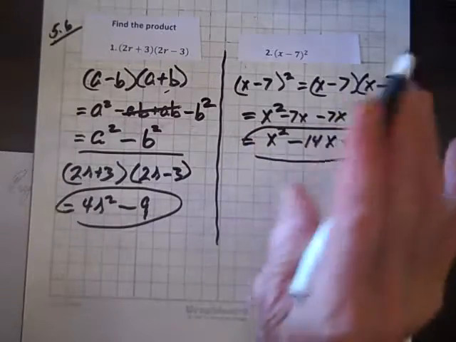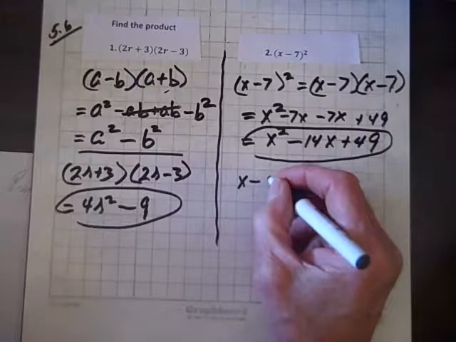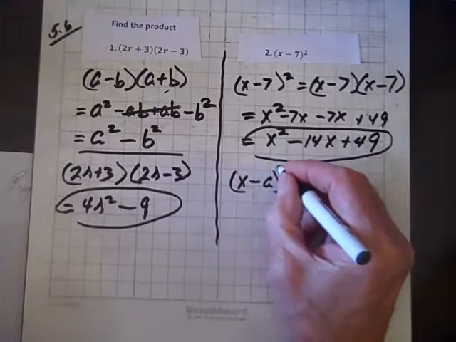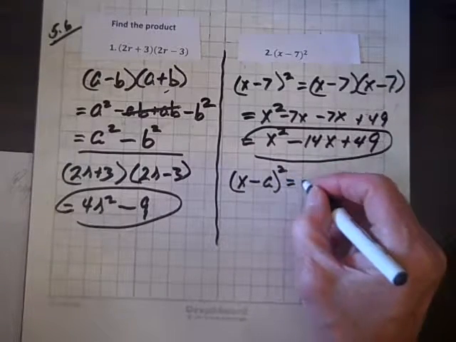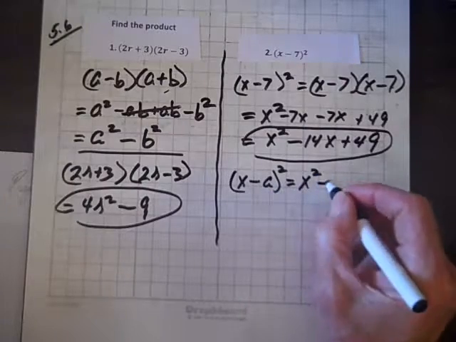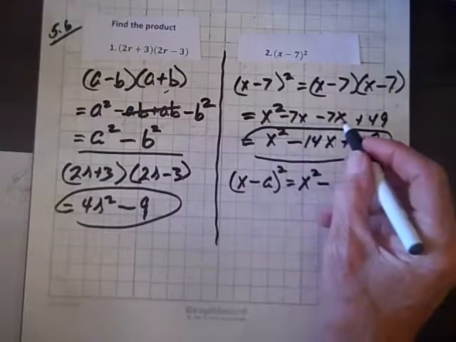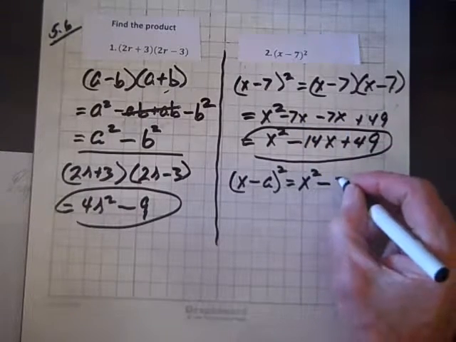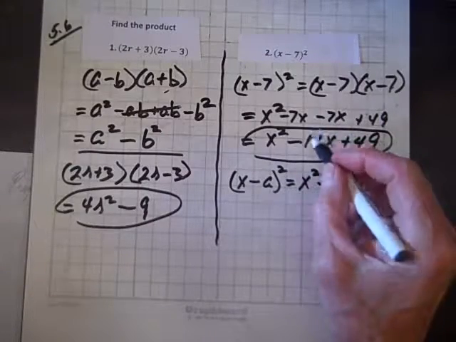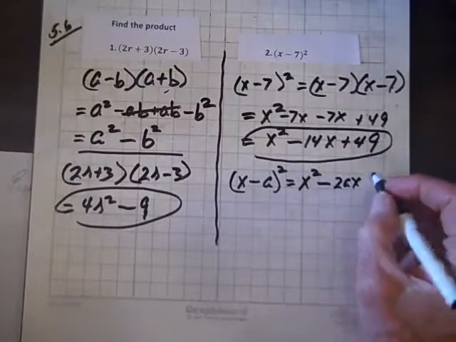And there we have it. Now keep in mind, look, anytime you have x plus or minus a, for example, squared, you always square the first term. Since this is negative, then this will be negative. And when you multiply this out twice as we did here, we'll get 2ax, as we did 2 times 7 is 14x, plus